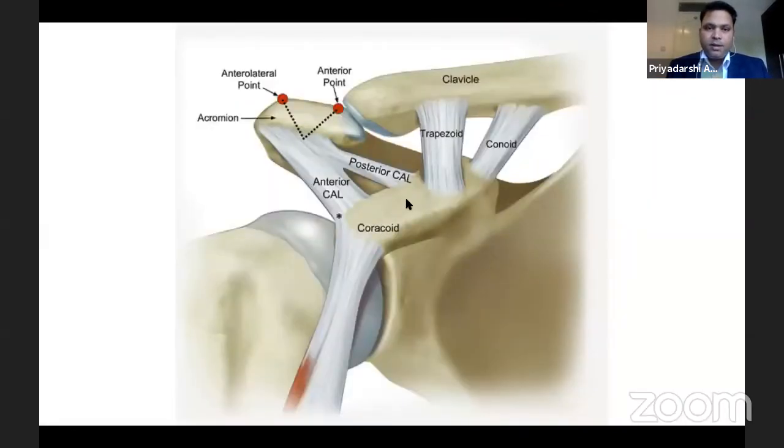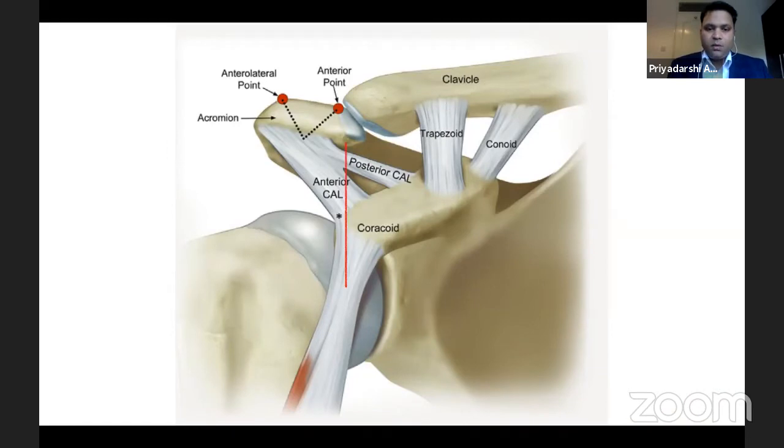As you can also see in this image, the coracoacromial ligament inserts onto the inferior surface of the anterior and partly onto the lateral aspect of the acromion. And then there are two coracoclavicular ligaments, trapezoid and conoid. Conoid arises medially from the base, and trapezoid slightly anterior to that. They both insert into the inferior aspect of the clavicle, where conoid is slightly posterior and trapezoid is slightly